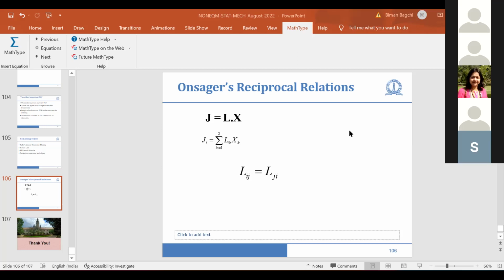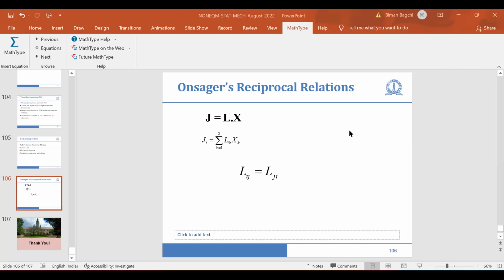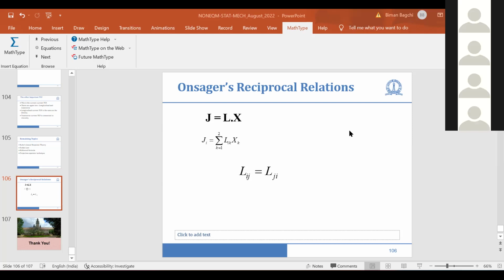So Onsager's regression, linear response, Stokes law, Einstein's Brownian motion, these are all very connected to each other. All of them require you to calculate the time correlation function. That is the catch. So the time correlation function is done rigorously through the projection operator technique, which I think